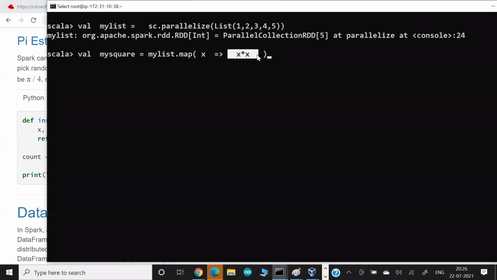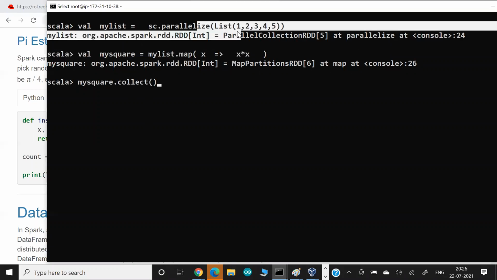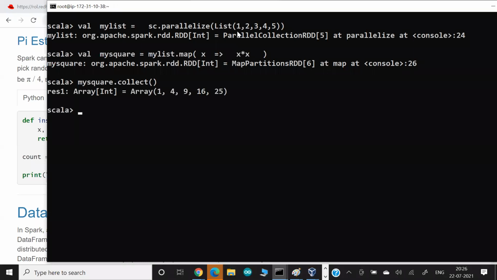But here, guys, you can do this operation with Python or Scala also. So why am I using RDD here? Because here they give me the capability of parallel results. With huge data, they will send splits of data to multiple nodes, do the computation there in parallel, and give the result back to you. And if you want to see the result, you can use my square dot collect. As soon as I call an action, this RDD is executed, and they give the output to us.